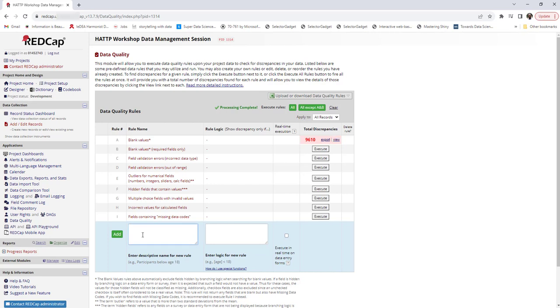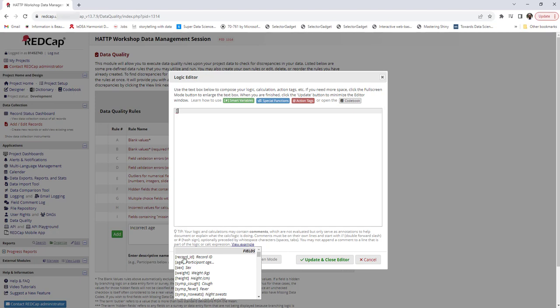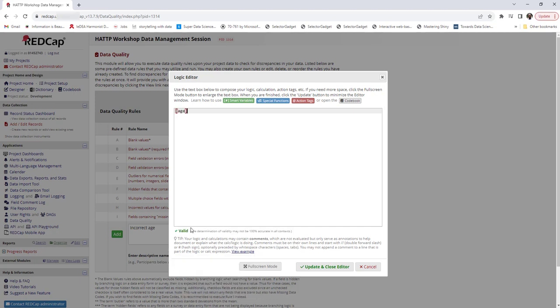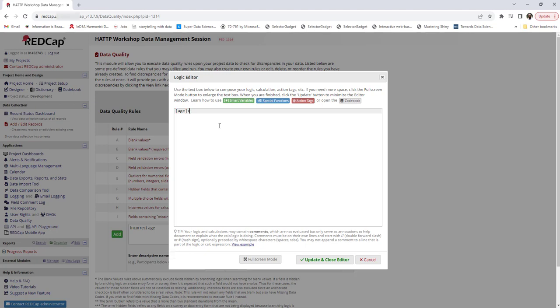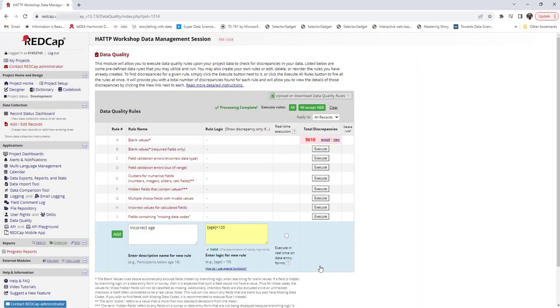Then I would just add the rule name, incorrect age, and then I will type the name of my age variable. It's called age, and it will be incorrect if it's greater than 120. And I'll update that,